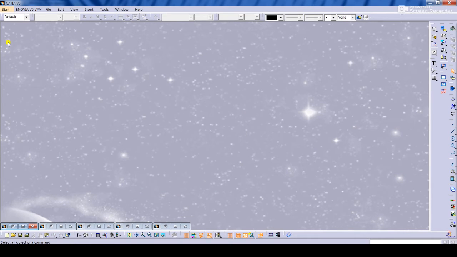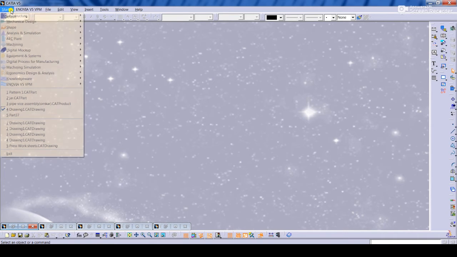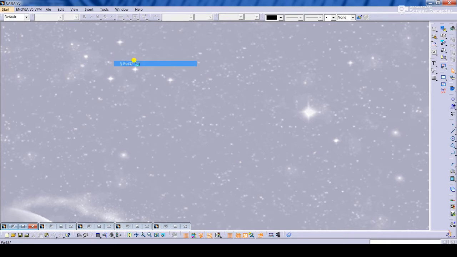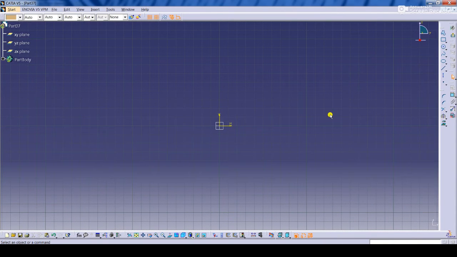After that we will see an overview of all the workbenches one by one. So go to Start, Mechanical Design, click on Sketcher. This is how the Sketcher workbench looks. This is the basic Sketcher workbench. In this workbench we draw different elements like circles, lines, circular parts, conical parts, different uneven arcs, pentagon, hexagon, triangle, or different elements, and their editing tools are given here. So you can draw any sketch in this workbench.